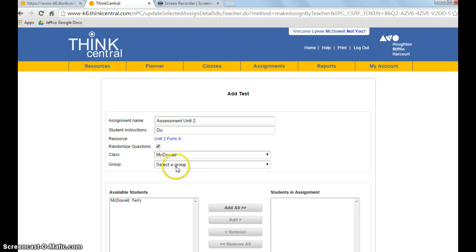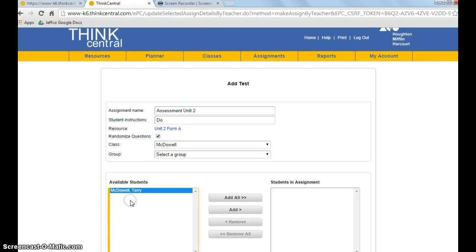I don't have any groups set up yet. If I click the drop down arrow, you'll see it just says select a group. I don't have any groups selected, so you don't have to worry about that unless you're going to make this assignment for one group and you've already set groups up. So I'm going to add my student, my poor husband. He's having to take 4th grade math all over again. I'll click add here, and I'm going to scroll down,